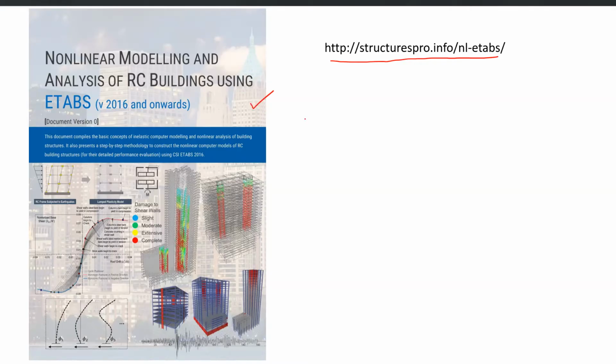It provides not exactly a step-by-step manner, but an overview of what nonlinear modeling options are available in ETABS and how we can implement them. So please download this reference from this link, and I will be using it to discuss some of the nonlinear modeling concepts in ETABS in later parts of my discussions also.